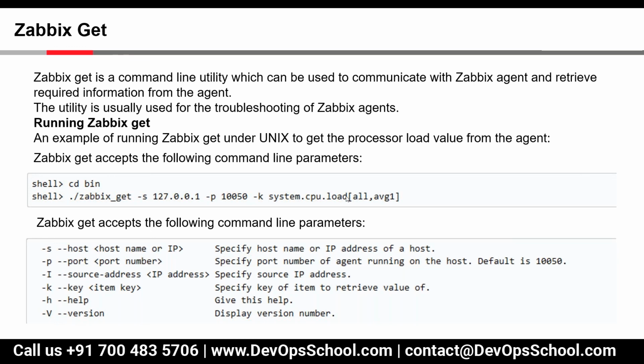I can mention that key here, and if I get a value like CPU load 0.5 or point something like that, I'm able to know that the connectivity is established, and the server will capture the data in another 2 or 3 minutes. Just for knowing that the agent is installed and the connectivity is established, it will capture the data, but in some time. So these are the specific terms that you need to remember.